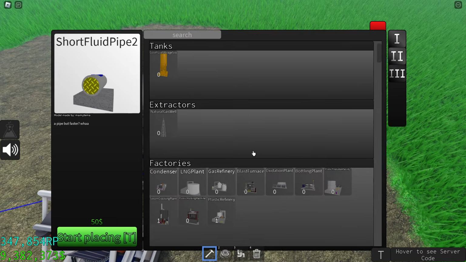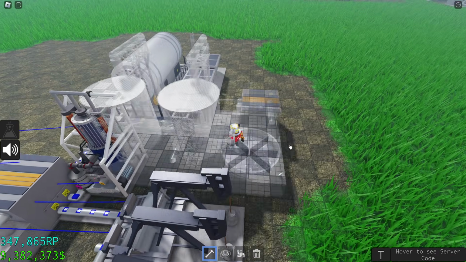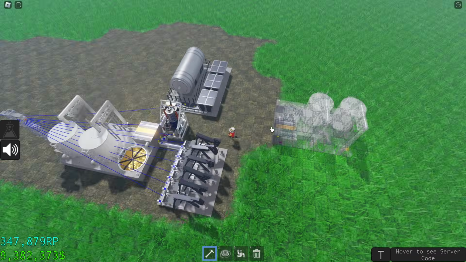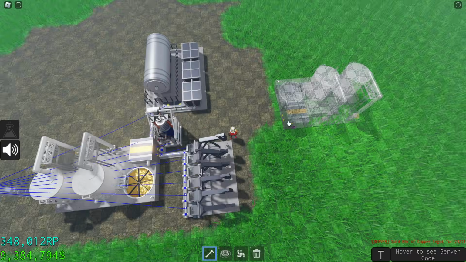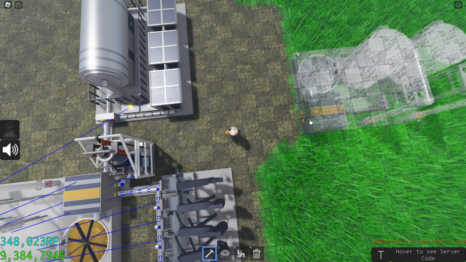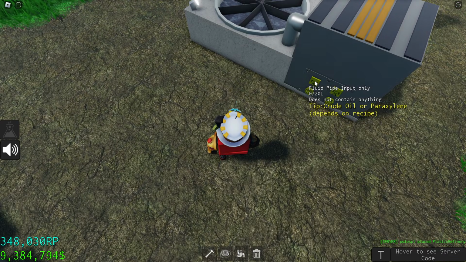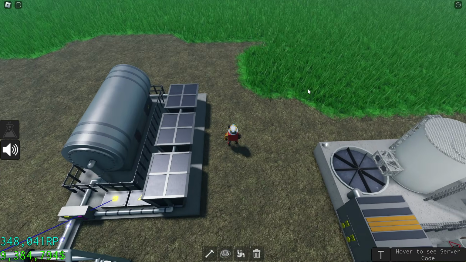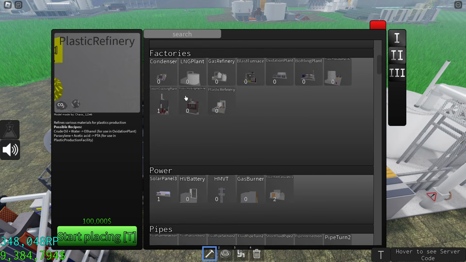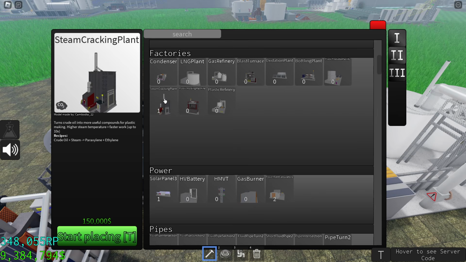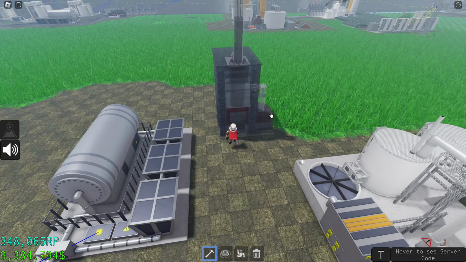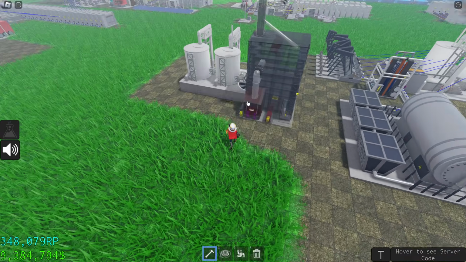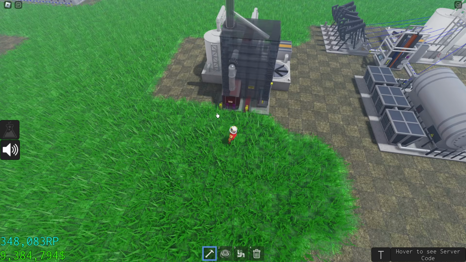After this, you're going to have to place another refinery. And in this refinery, as you can see, you're going to need not only acetic acid, but also paraxylene. You might ask, what is paraxylene? Well, you can produce it with the steam cracking plant. It's right here, in the third tier also, and this is quite hard to make. I'm just going to show you how to use the steam cracking plant.